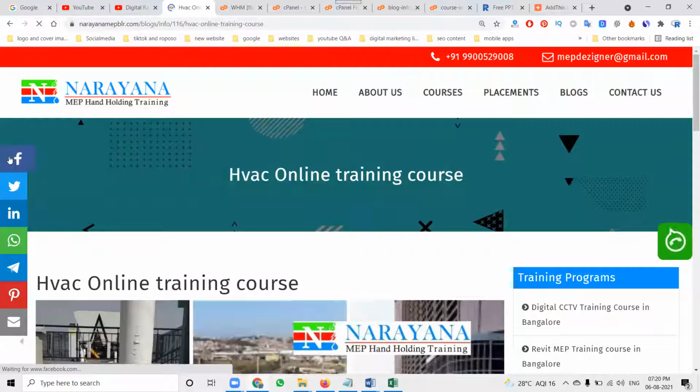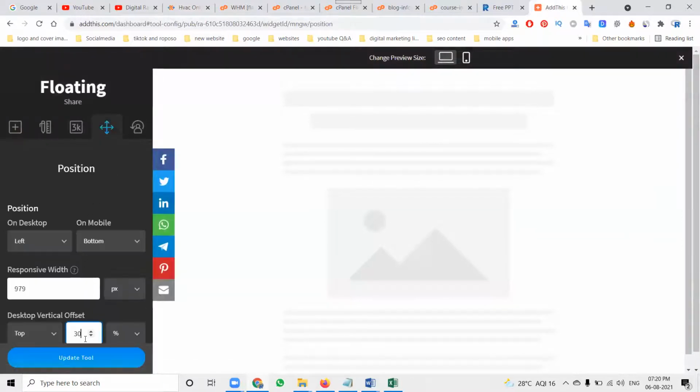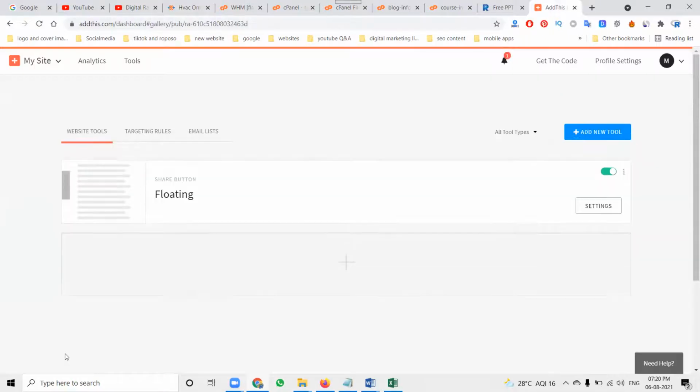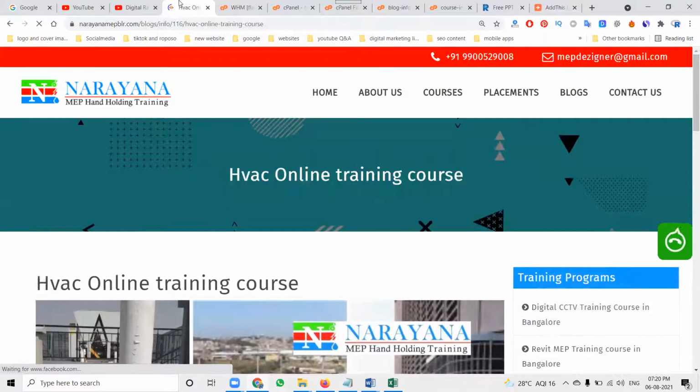So this option will work out. Here, I am changing a little bit. Go to settings. Here will be 40%, updating tool. Now you can refresh.